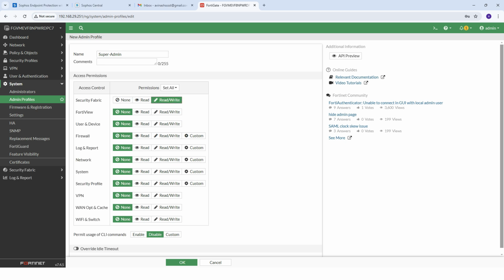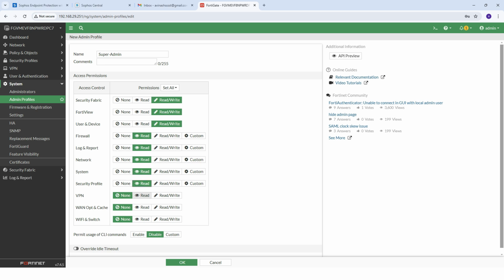So in my case, for security fabric I have given read write, and FortiView read write, for user and device read write, firewalls I have given only read, and log and report only read, network only read, system only read, and profile only read, VPN only read, WAN cache full access, switch and routing full access. You can do as per your standard, as per your colleague, what level of knowledge he has on FortiGate.